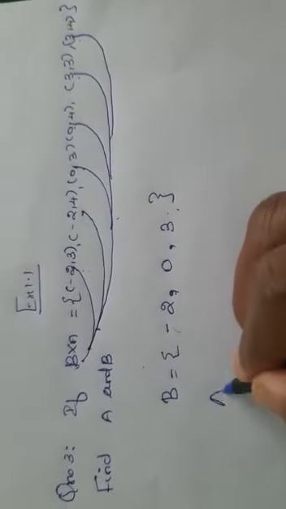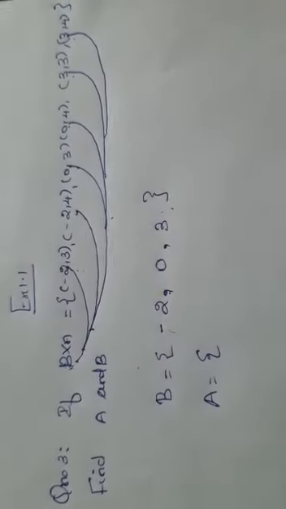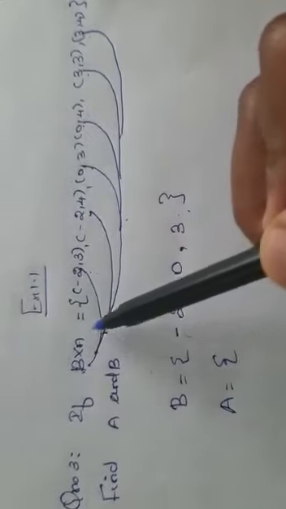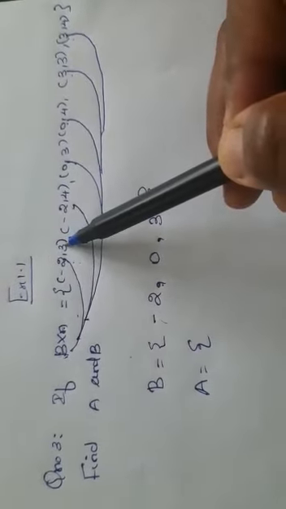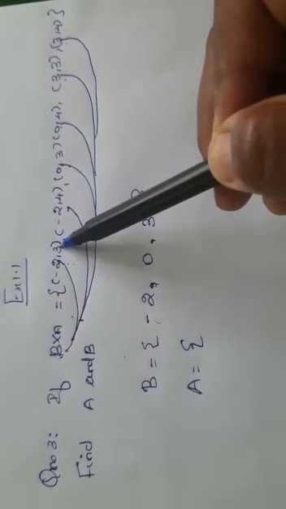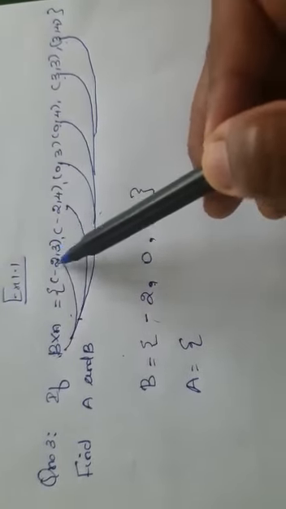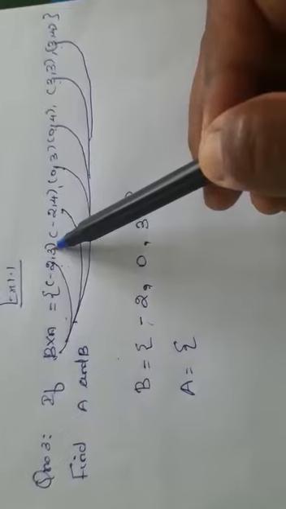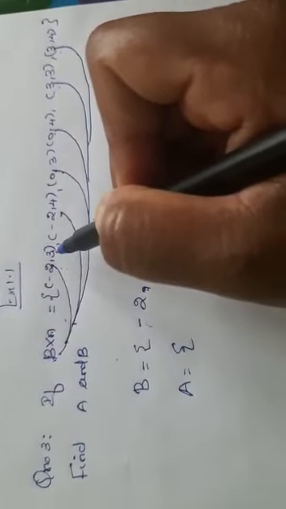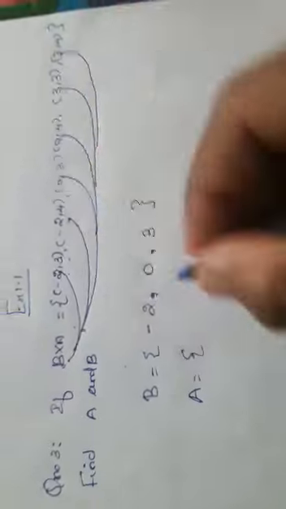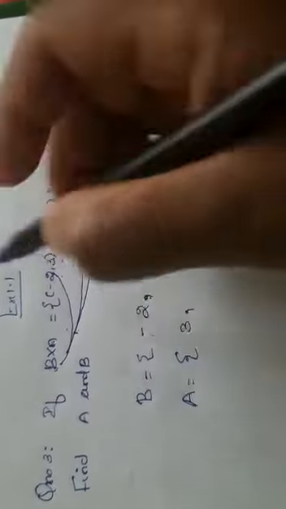Next we'll find out the elements in the A set. Look here, B cross A, so the second elements denote the A set. All the second elements in the ordered pairs are the elements of the set A. So A equal to, what is the second element in the first ordered pair? 3, comma. Listen here, 3. Next it is 4.